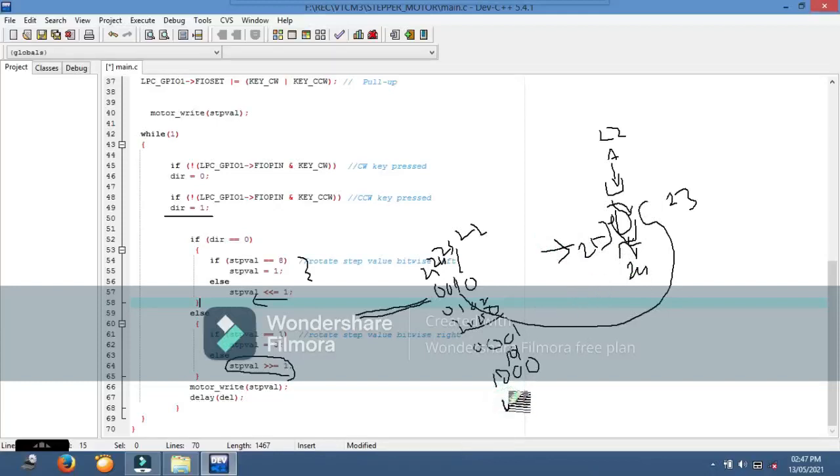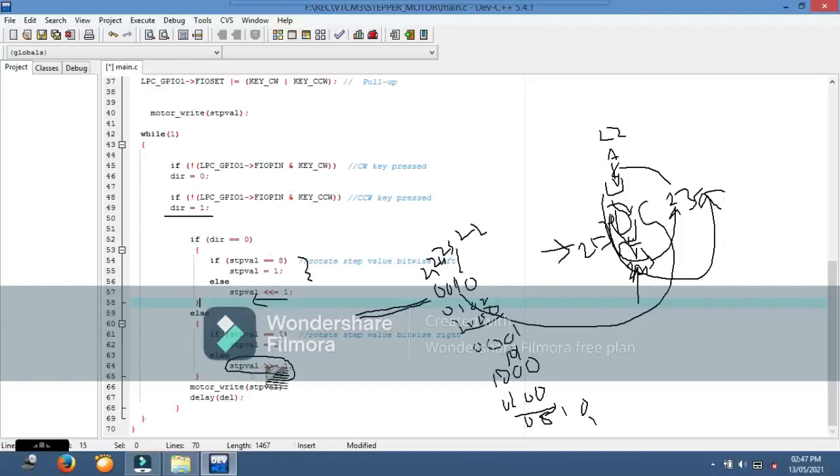After that it becomes 0 1 0 0, because the rotation will be in this direction. Then 24 gets energized, and the motor will rotate in this direction. Then the bits become 0 0 1 0, then 23 gets energized, then the rotation will be in this direction. Then it will be 1 here, then 22 gets energized, and this is the rotation for counterclockwise when di equals 1.